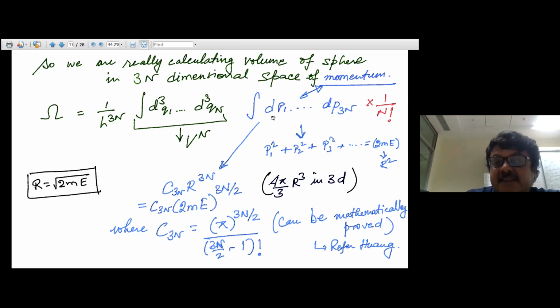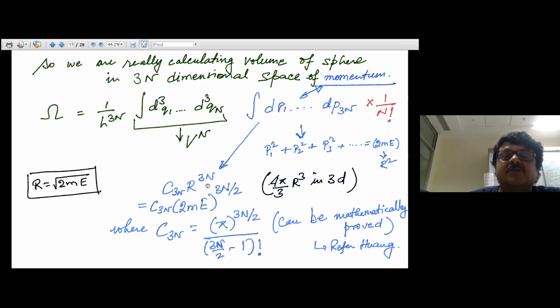Each particle can explore the entire configuration space, the entire space which is available to it, right? On the other hand, the momentum part has to be integrated keeping this in mind: 2mE is like the radius square. So the radius of the 3n dimensional sphere is root 2mE. This constraint has to be maintained. Doing a bit of mathematics, if you have a 3-dimensional sphere, the volume goes as r cube. If you have a circle, the area goes as r square. Similarly, in a 3n-dimensional sphere, the volume will go as r,